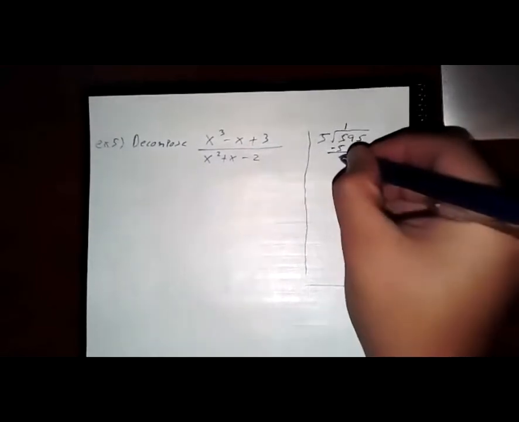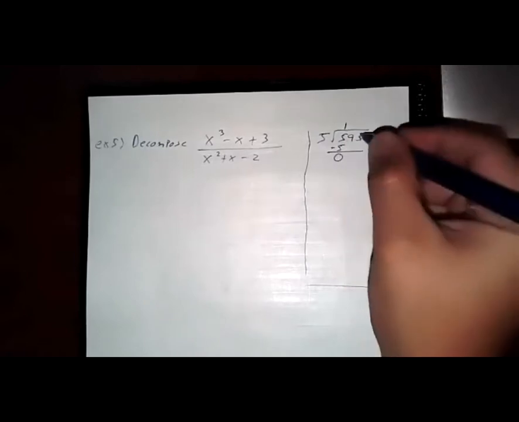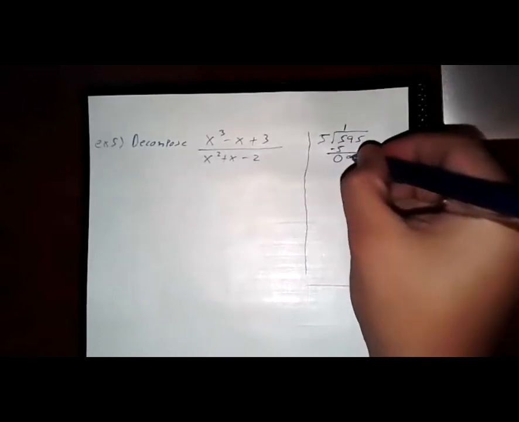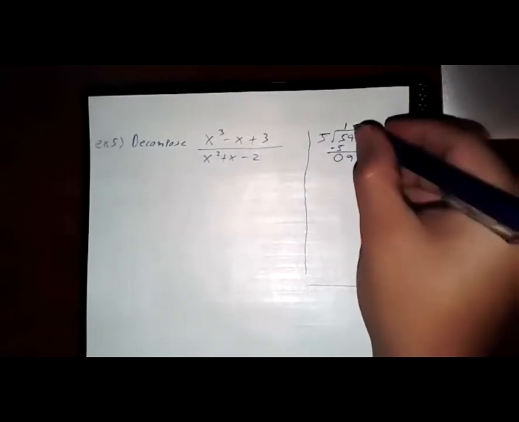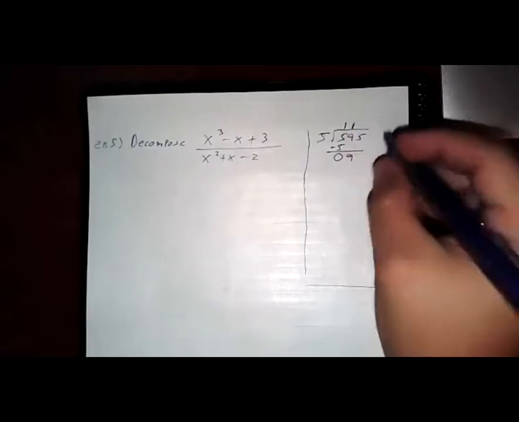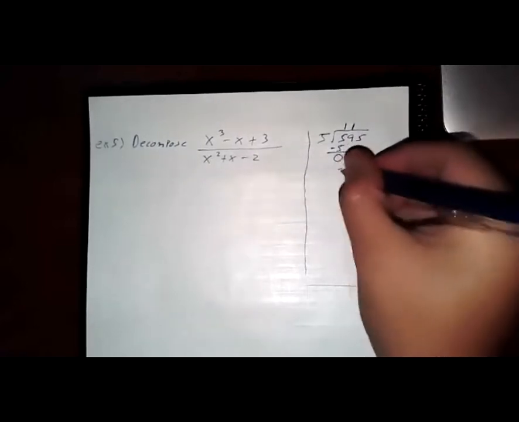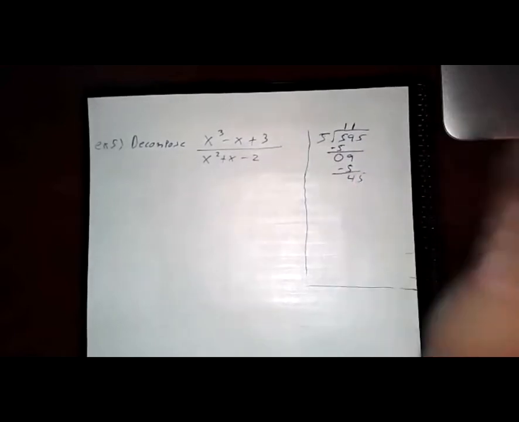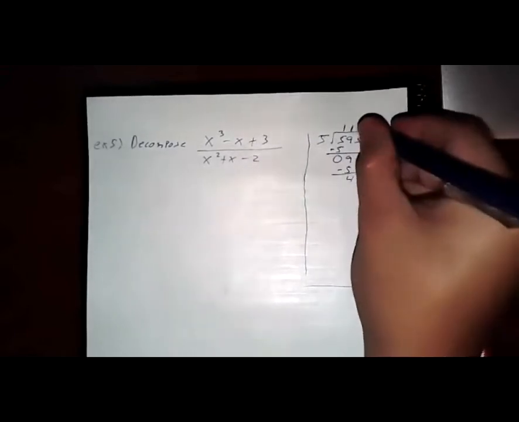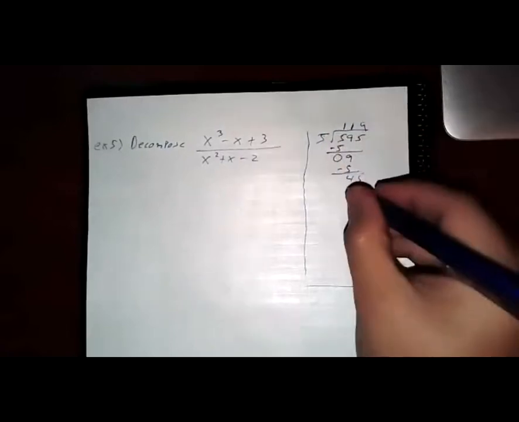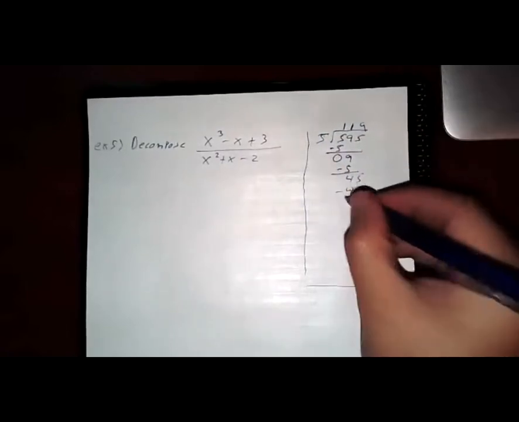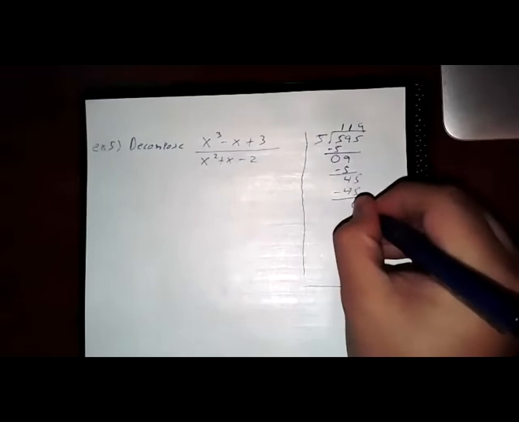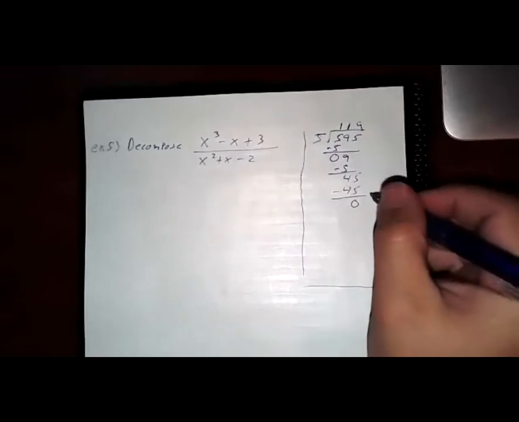You subtract and start over. You bring down the 9 and you say, okay, well, 5 goes into 9 one time. 1 times 5, and then you swap the sign. Subtract. You bring down the 5. 5 into 45 9 times. 9 times 5 is 45. You swap the sign. All these steps need to be memorized when we start doing it with the algebra, because